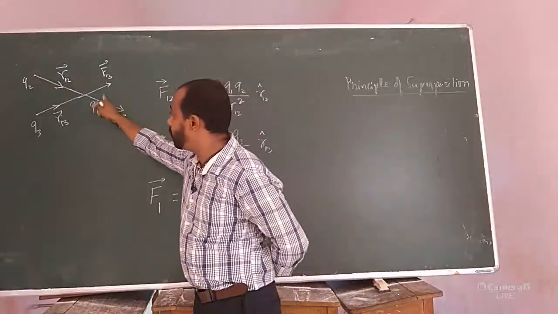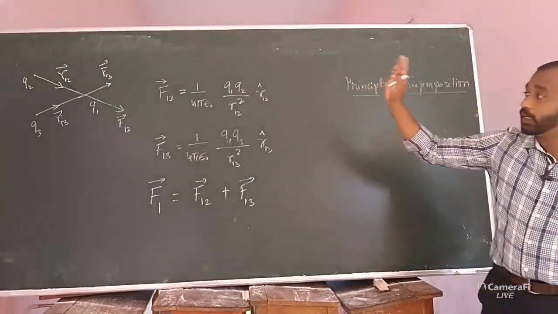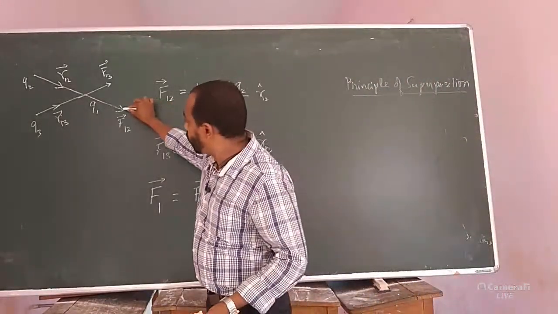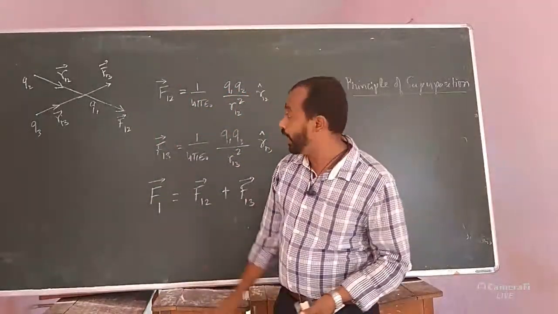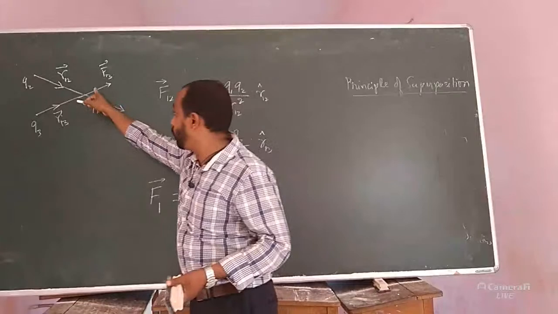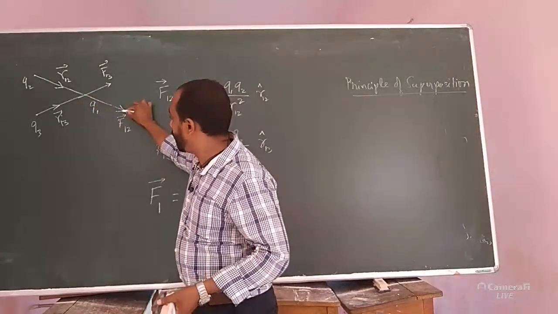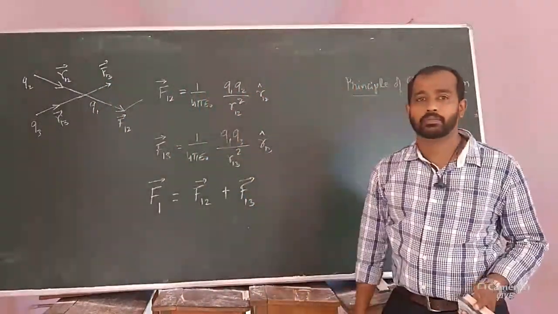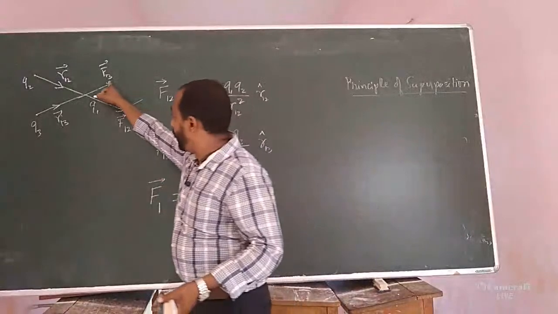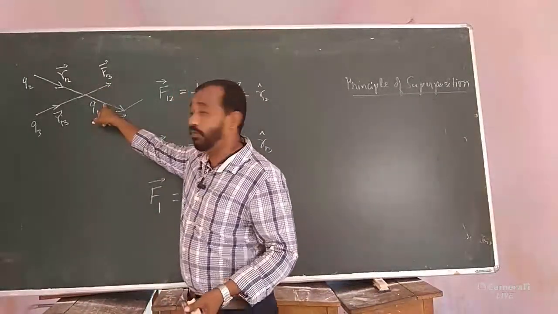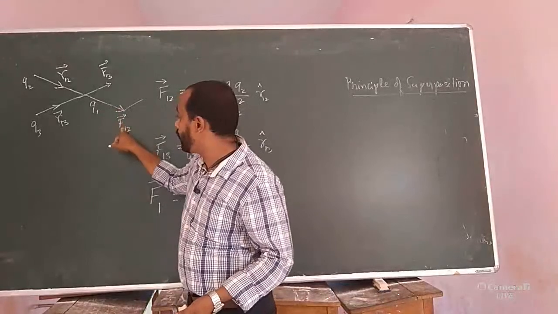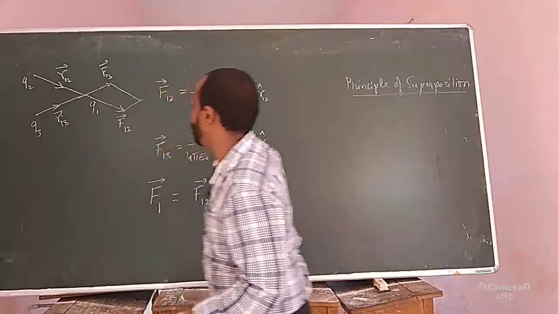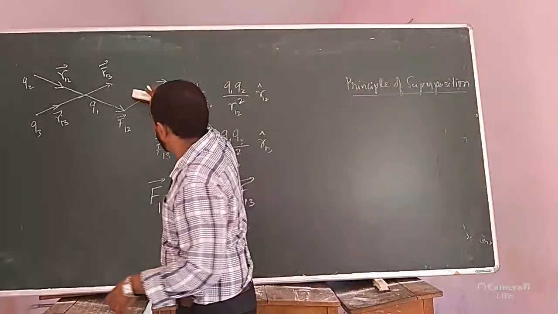Here in the diagram, we have to make use of the parallelogram law of vector addition. So from F12, we have to draw a line which is parallel to F13 and should be equal to the length of F13. Roughly I am drawing it. And from this point, we have to draw a line which is parallel to F12, and also it should be of equal length as that of F12 here. So hence we have constructed a parallelogram. So roughly it will be